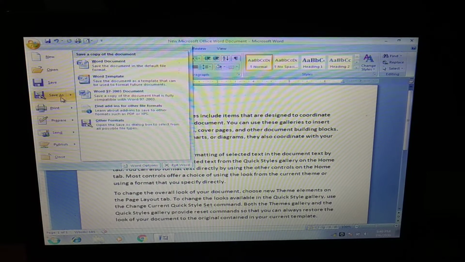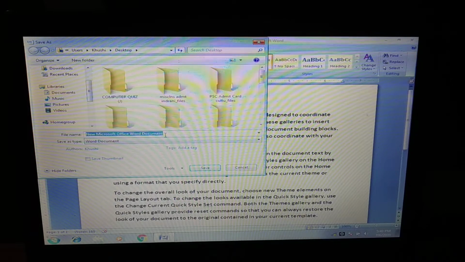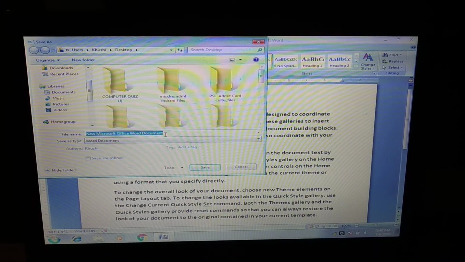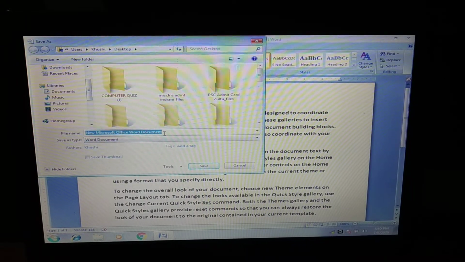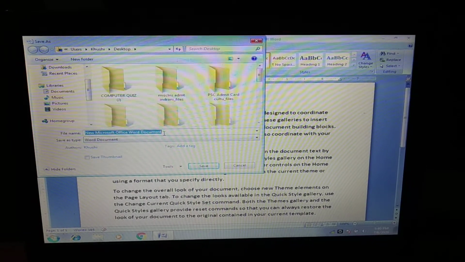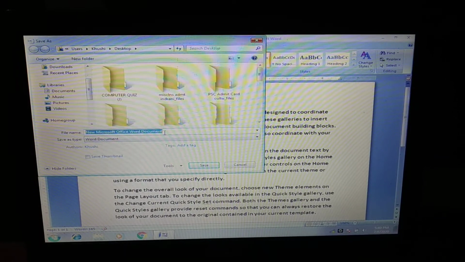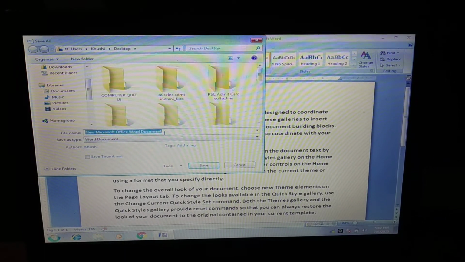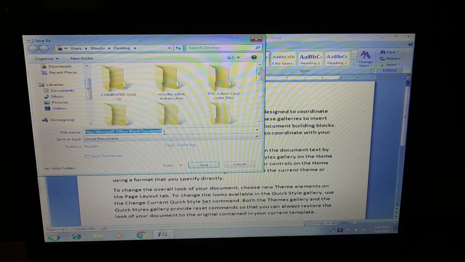When you click on save as option, see, I am clicking. It will ask for a file name. Now what is the difference between save and save as? If you just click on save, your document will be saved. But save as means if you want to save the same document with a different name without deleting the original one.